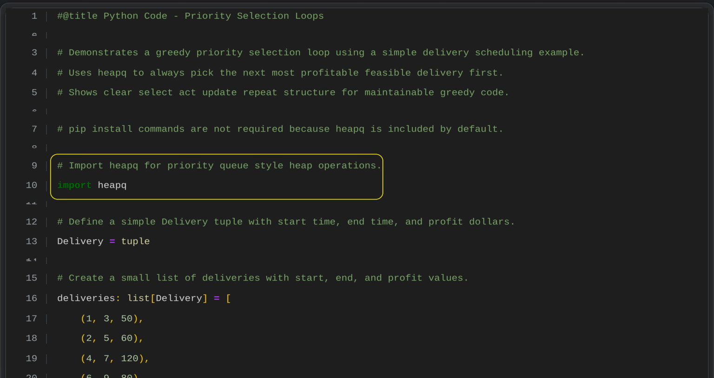We begin by importing the heapq library from Python's standard library, which lets us implement a priority queue using a heap data structure. In this context, priority is based on profit, so the heap makes it efficient to access the most profitable delivery at any moment. This capability supports the greedy strategy used in the rest of the script, where we repeatedly choose the best available